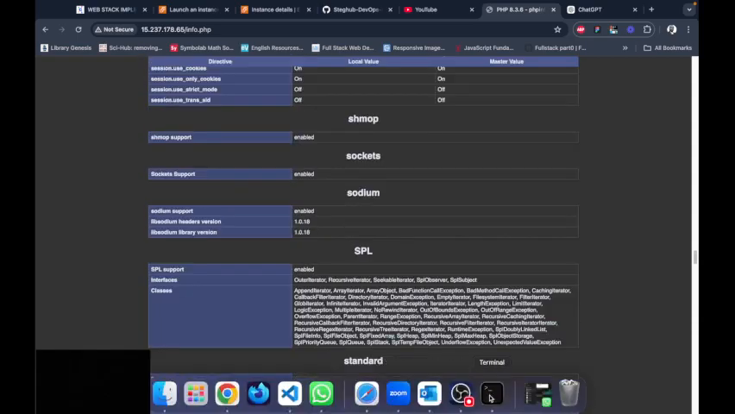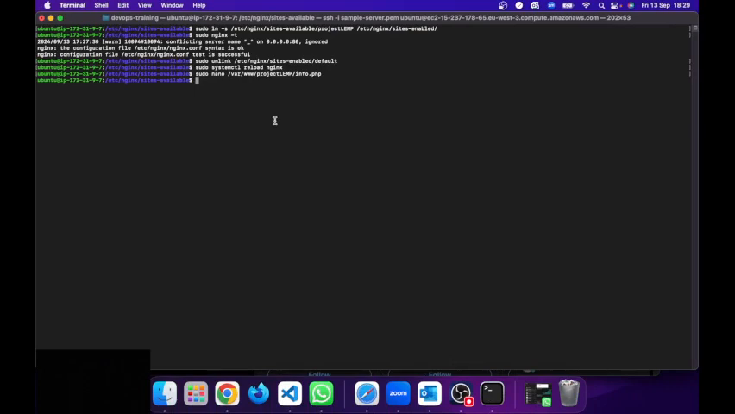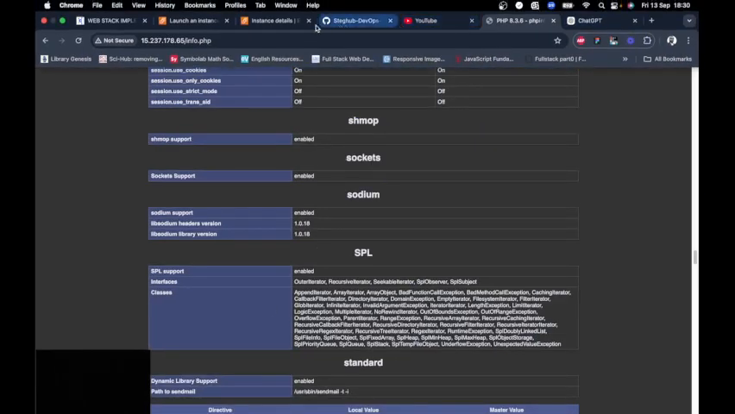At the end of the day, you are expected to delete this because of security issues. So I can do remove /var/www/project/info and remove this. Now we have been able to test that. If I reload this page, you get a 404 error, which tells you that the file we are looking for